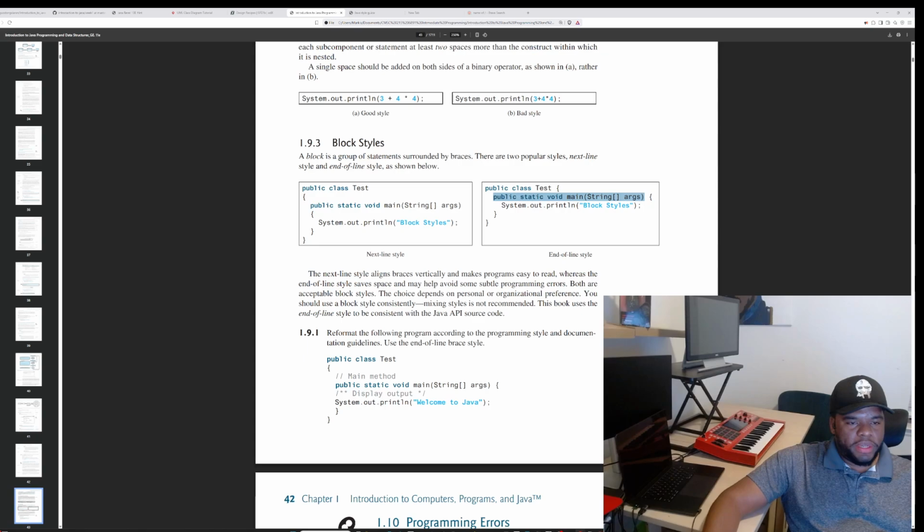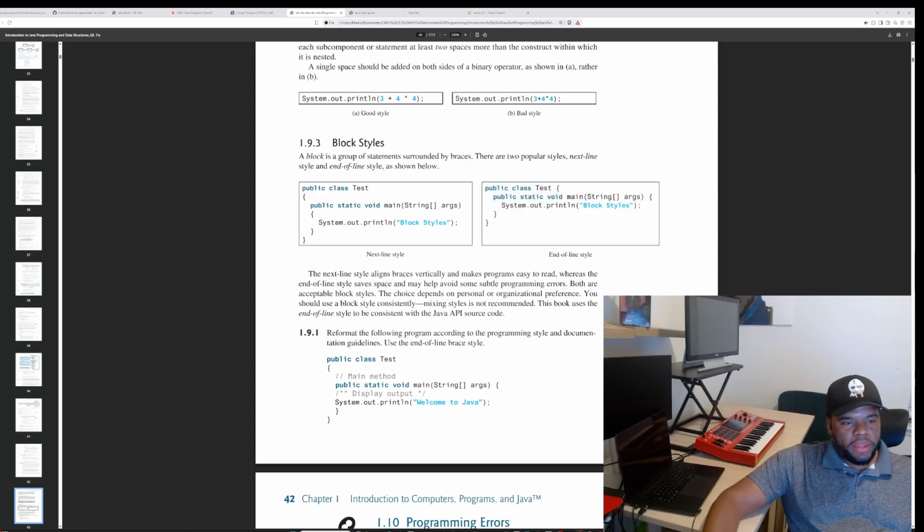It's a little hard to read. I guess that's the point. And then you have the open brace here, and the computer can read that just fine. But as you see, I struggle through reading where the statement begins and where the braces start for the main method's block versus the class block, because